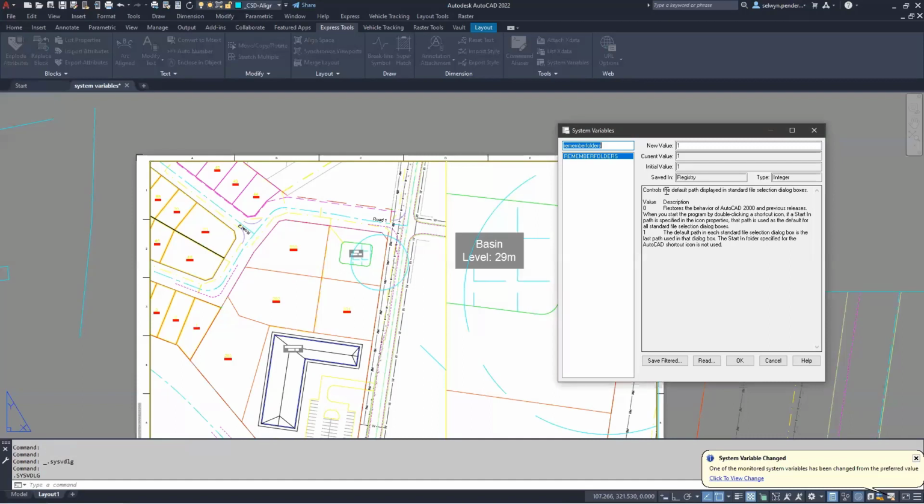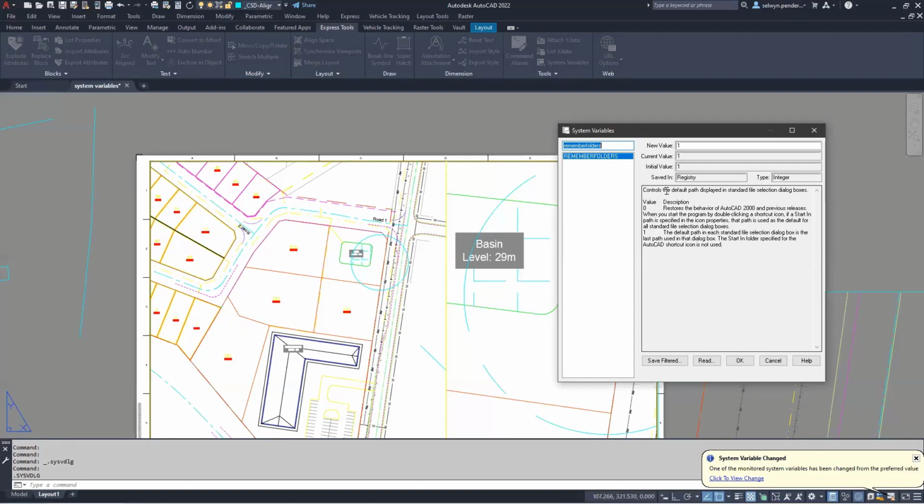So when we are opening AutoCAD and we are going to a job, if we set remember folders to 1, it will default to the last path used in that command. So if we were working on a project located in a certain place on the server and you wanted to get back into that, the next drawing you open is in that same folder. AutoCAD will go back to that same folder and present you with the file open dialog box if remember folders is turned on, which is set to 1. If it's set to 0, it will default back to the My Documents folder or Documents